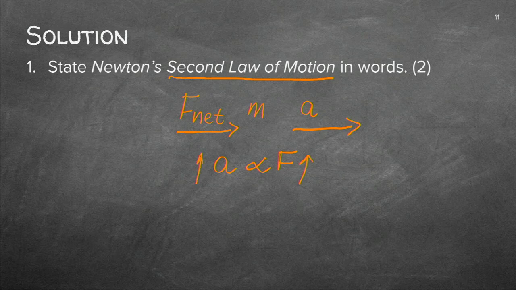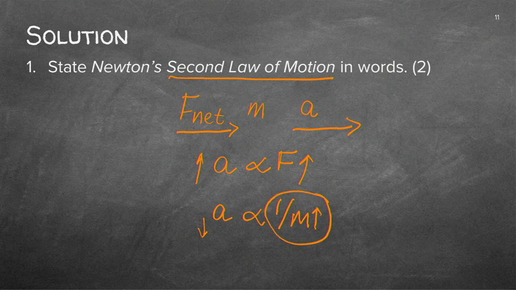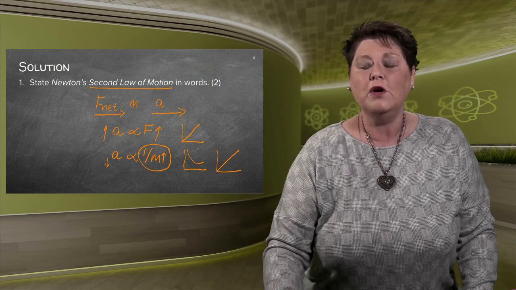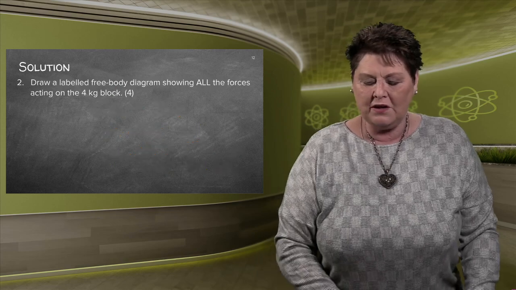And the third part is that the acceleration is inversely proportional to the mass. So it's 1 over the mass. So if the mass goes up, the acceleration actually goes down, and therefore we're using the inverse. You also did graphs with this. You actually saw that that graph will look something like that. The mass will be that, therefore inverse, so that you can get a graph that looks like that. Be careful that you do not leave out any of this, because then you'll get 0. There's no half marks or 1 out of 2. It's 2 or nothing. Let's go to the calculation.